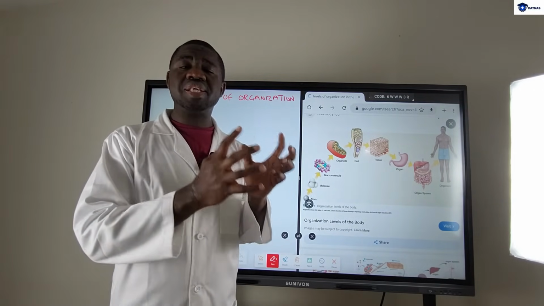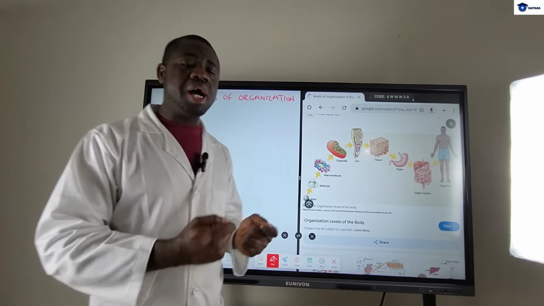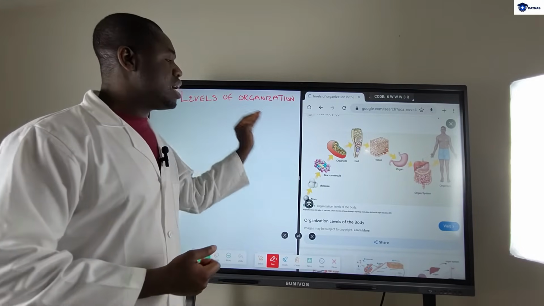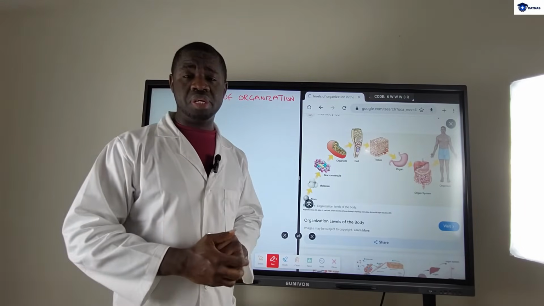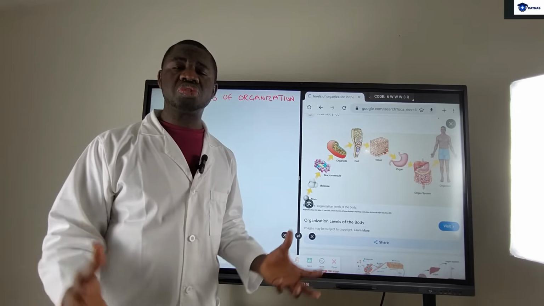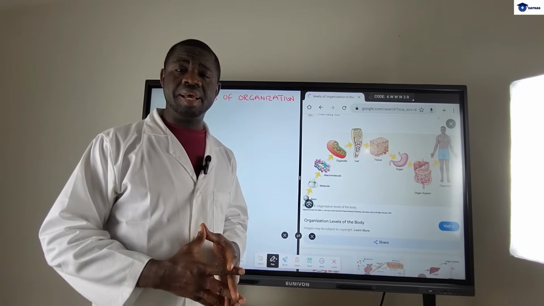We can use the same concepts to describe the levels of organizations in the body. Our levels of organization can be